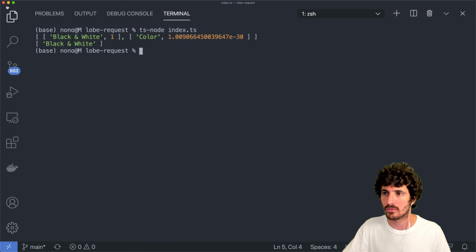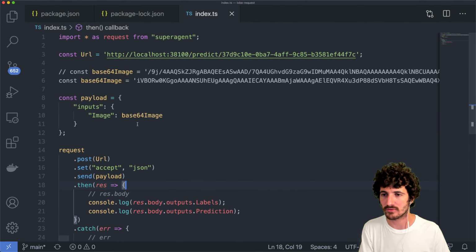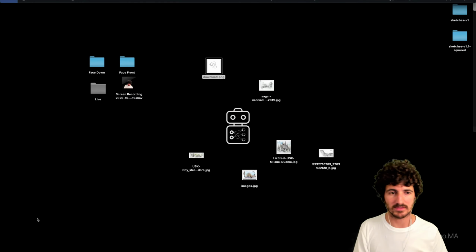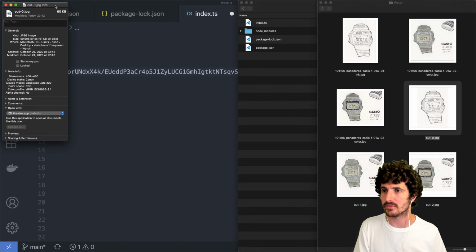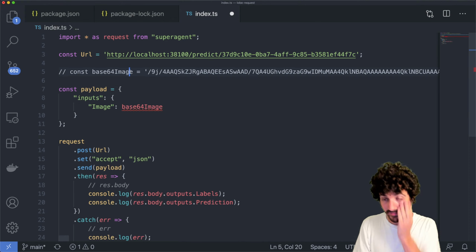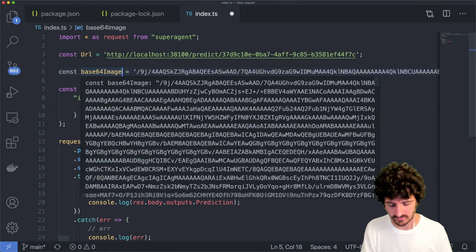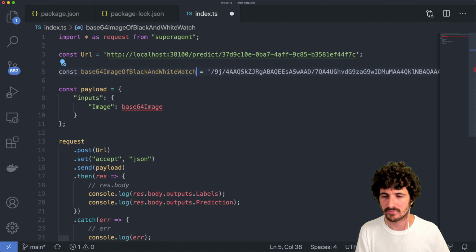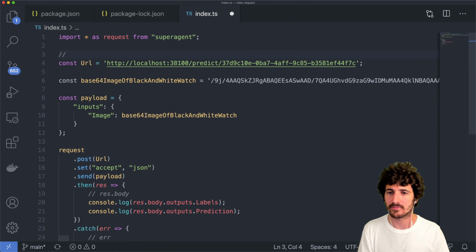All right, so what else can we do? So we have the code, and I'm going to do this before I forget. We'll comment out this code. I don't know how big this image is, so it's going to go to cloud there, 60 KB. It's okay. So that is a base64 image of a black and white watch. So we're just going to put that in here. So what we do here, define our Lobe